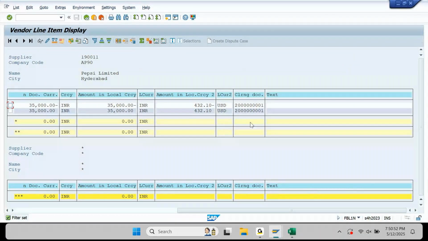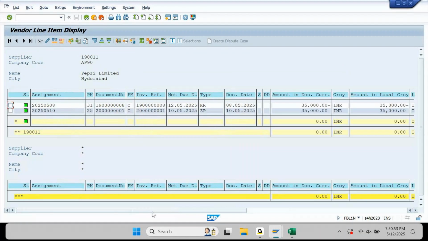This clearing document contains all the entries that are included in it. Now it is giving you total value is 0. These are the entries that are included. Ignore the clearing document, which is this. Apart from this, in this list, whatever you get, all are invoices or credit memos, any other entry that is